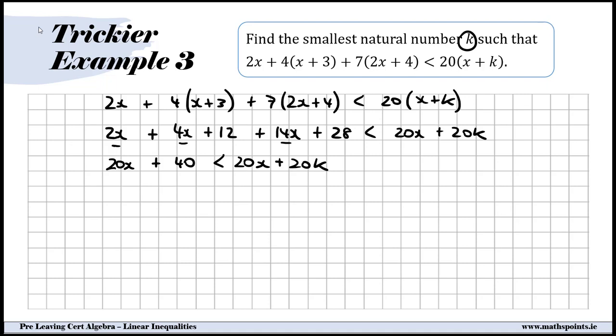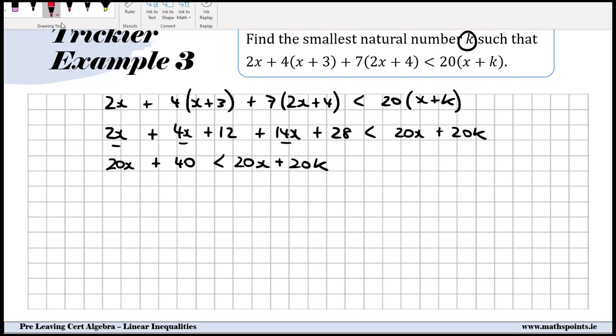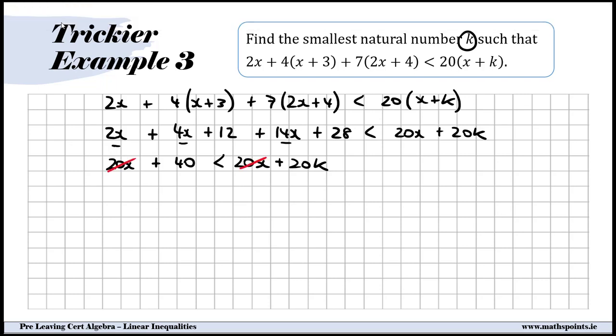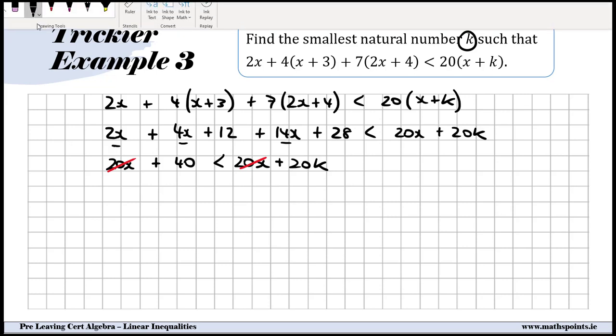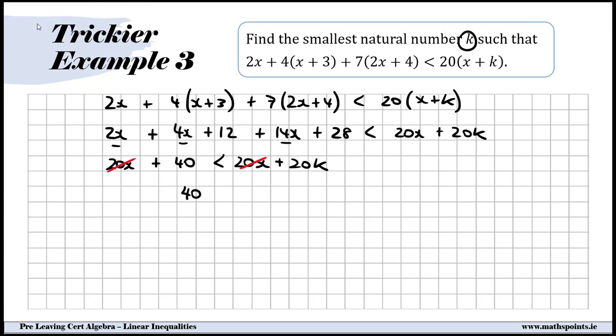So what you'll notice is we have a 20x on both sides. So if we subtract 20x from both sides, that actually cancels out all of the x's, and the x's are gone from the question. So we're left with, on the left hand side, the number 40 is less than 20k. We're looking to find k, so I'm going to divide both sides by the number beside k, which is 20. So 40 over 20 is less than 20k divided by 20 is k, and so k is greater